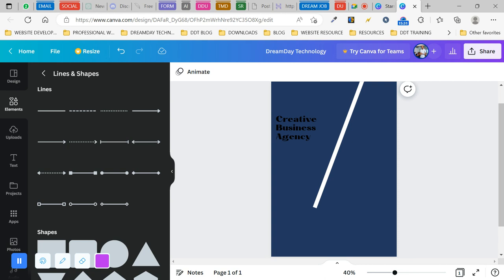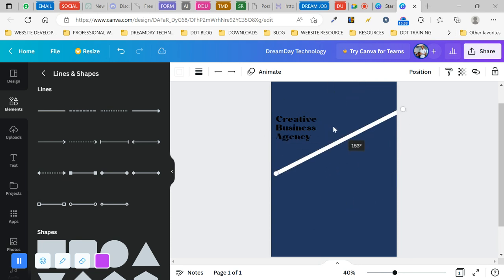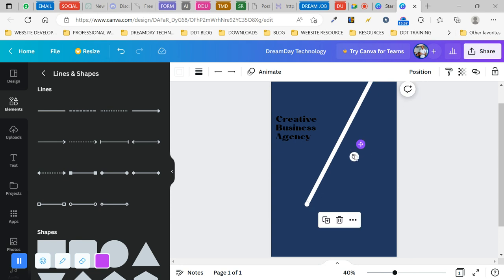Go to the elements. Under elements, go to lines and shapes, and add a straight line. And you can rotate. You'll see the rotate button. This is for you to rotate the line or any element. Anytime you say this, it means to rotate. So you rotate your element,